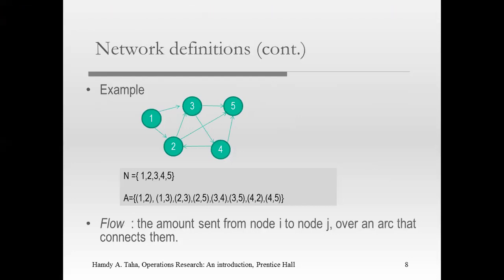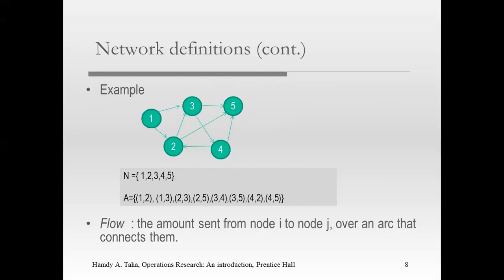We have 5 nodes in this figure, and we can also see the arcs or branches. You see that the line or branch sometimes has an arrow, sometimes no arrow. In this example, they have arrows. If there is an arrow, it shows the direction of the flow. For example, 1 to 3, 1 to 2, 2 to 3, etc. It depends on the direction of the arrow, and the flow moves according to that direction.